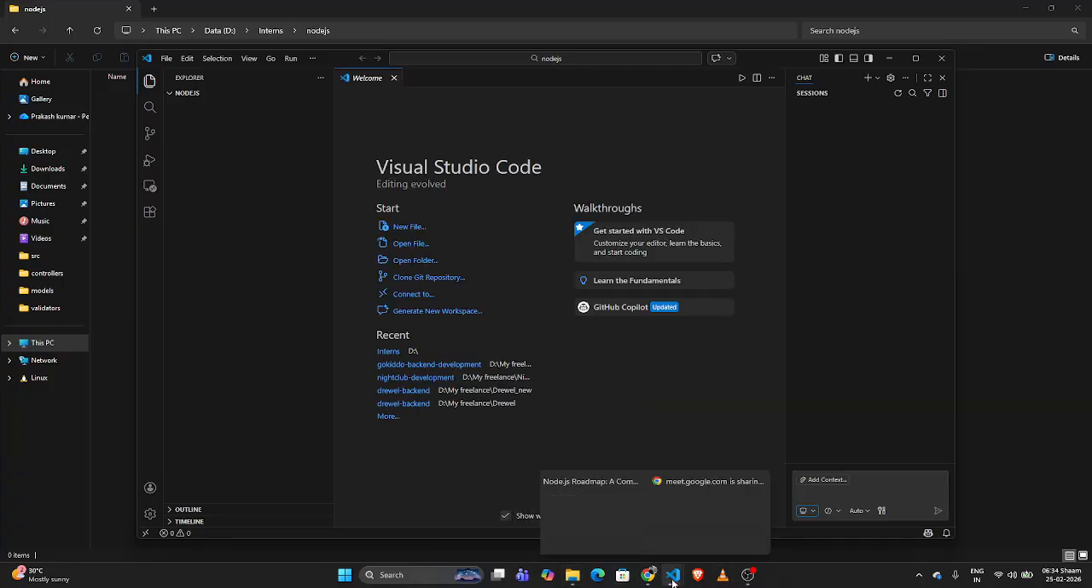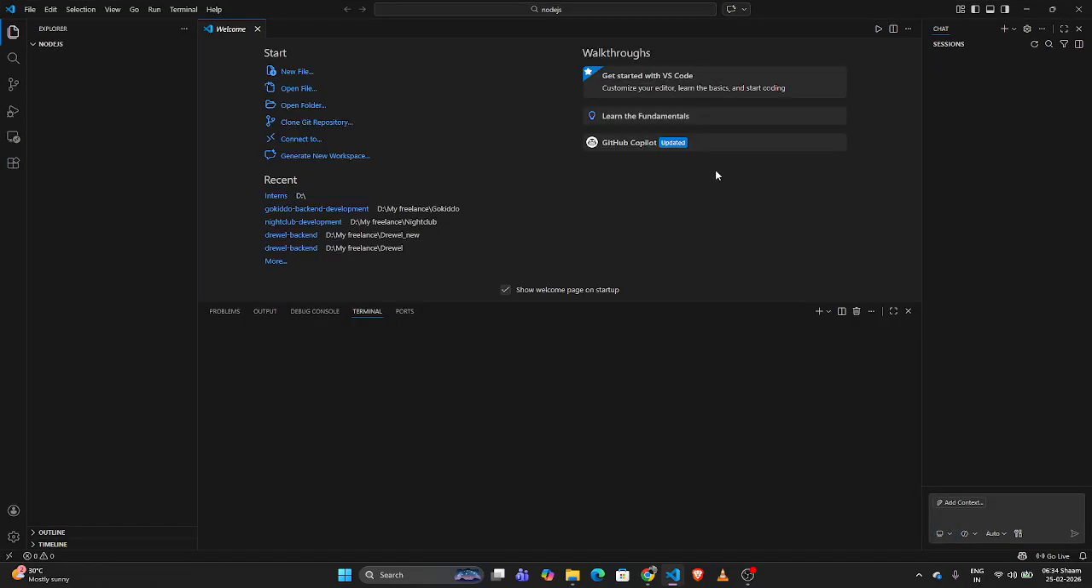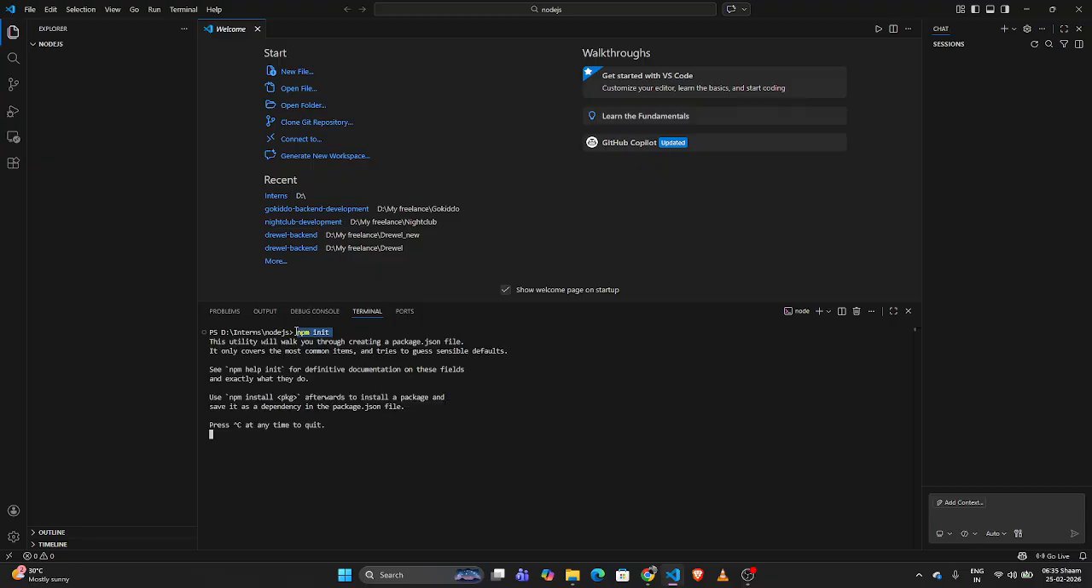So first we will see how we will create the Node.js application. Basic thing is, first do npm init. Okay. So npm init means it will initialize the node package, so that you can give any name or you can just